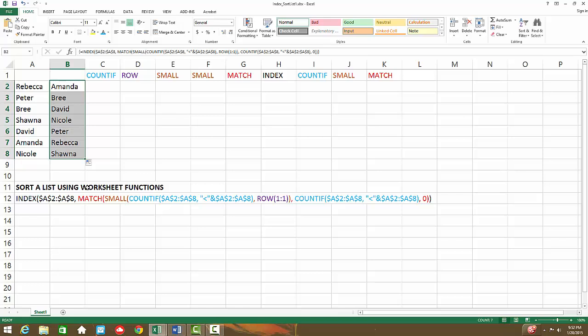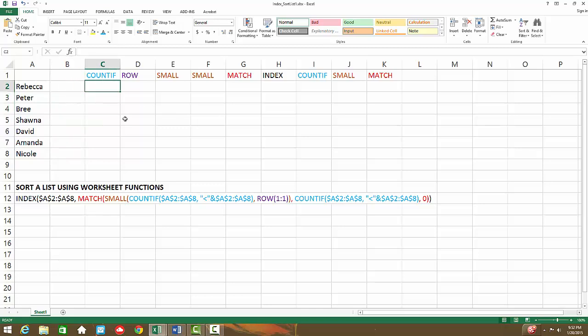Now if that's all you need to know, go ahead and hit pause, copy this formula down in row 12. Go ahead and make sure you hit Control Shift Enter when you put it in there, and you're done. Now if you want to understand why this works, and I will explain it to you in detail, keep watching. So we're going to go ahead and delete my function there